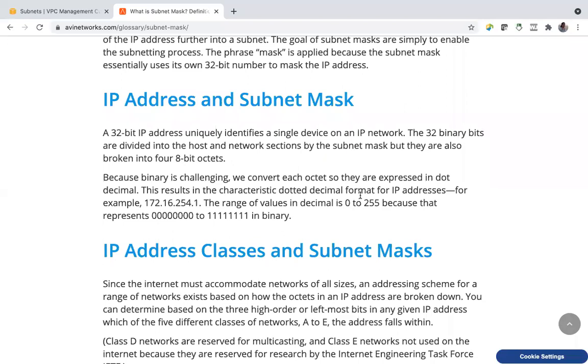There it will also show you something called a subnet mask, which will be something like 255.255. IP addresses are 32-bit addressing, meaning each octet is 8 bits. So 255 means all the bits are ones.